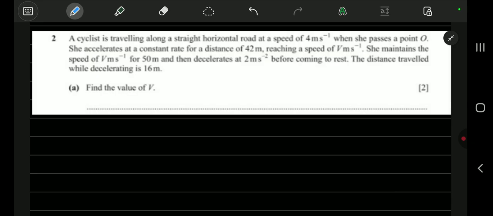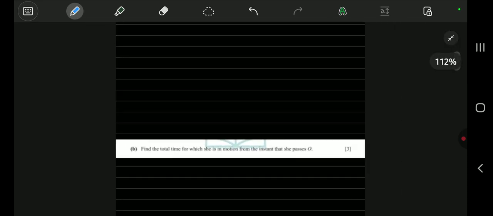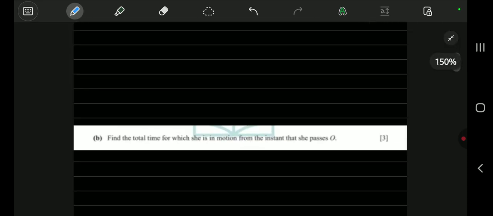She maintains the speed v meters per second for 50 meters and then decelerates at 2 meters per second squared before coming to rest. The distance traveled while decelerating is 16 meters. Find the value of v. Okay, and we have a part B to this question as well, that says find the total time for which she is in motion from the instant